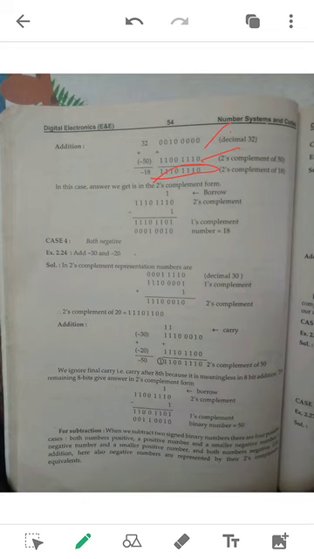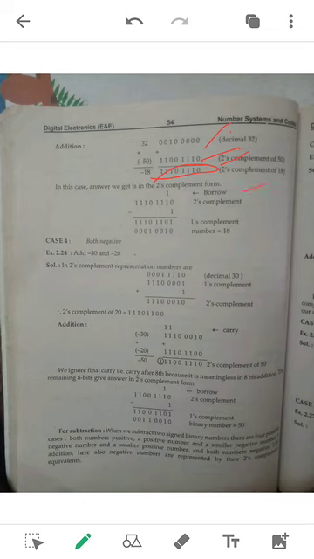Please remember, after this addition you are getting the result in 2's complement. So this is not our required result. We have to get the original result. We have to perform the reverse operation of the 2's complement. So here we have to subtract. We have to subtract from the result we got, which is in 2's complement form. We do not require the 2's complement form; we have to convert into original form. To get the original number, we have to subtract 1.